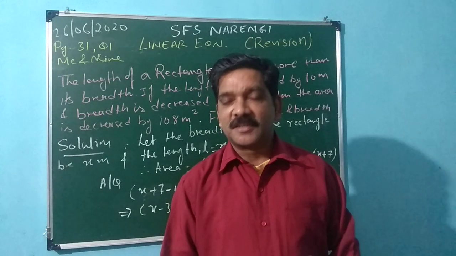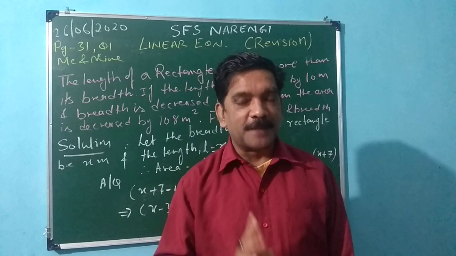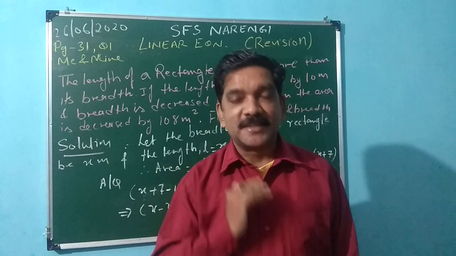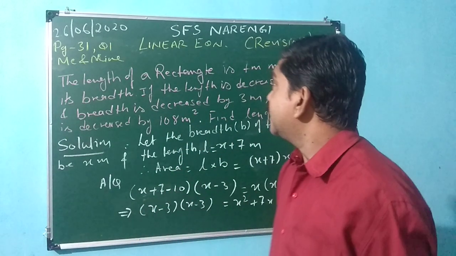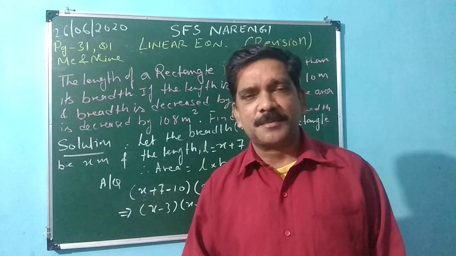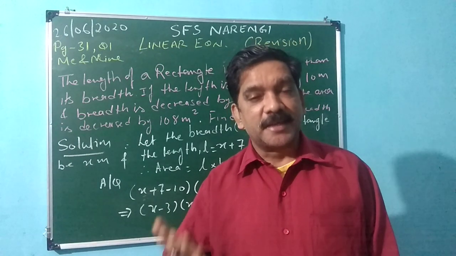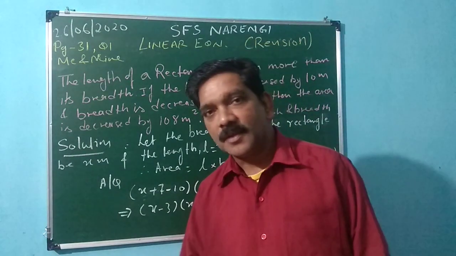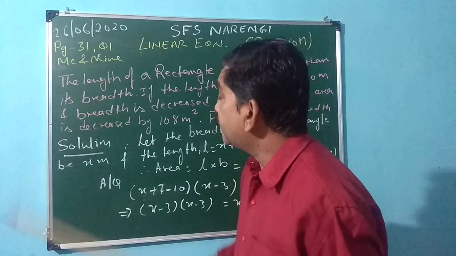So we have finished 4 chapters, right? We have finished 4 chapters for your PT1. So from today onwards, I'll start the revision. I thought taking the linear equation will be better because linear equation is a very important chapter. We should know how to form the equation, then we should know how to get the unknown number or the unknown variable. Clear?